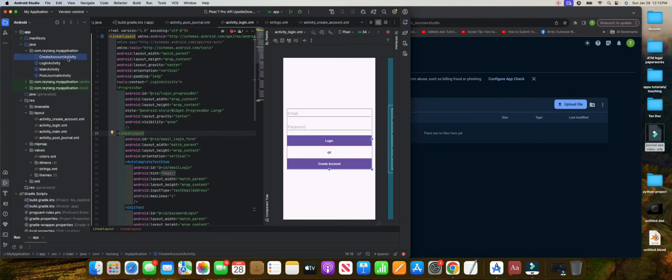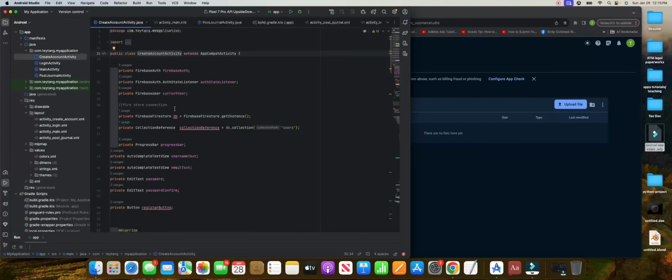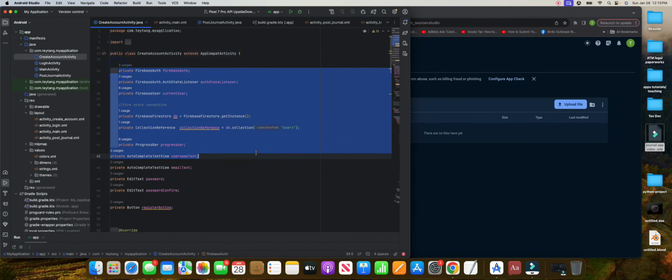Alright, so in our create account activity, we have all this Firebase stuff, right? But where do you get that Firebase stuff? We haven't done anything yet. For you, what you want to do is,